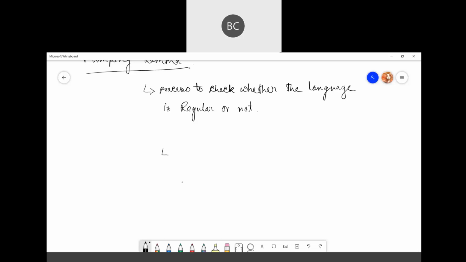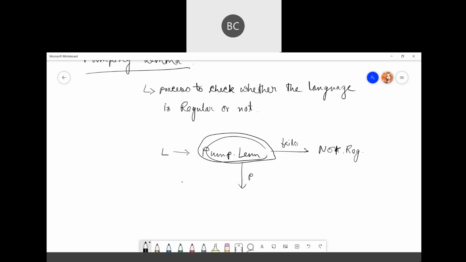So if we give a language and we are performing the pumping lemma here, we want it to fail. If it fails the test, then we can say it's not regular. But if it passed the test, what will happen?